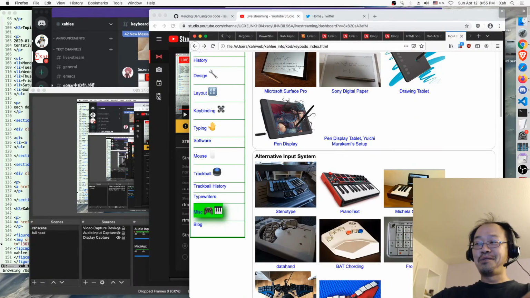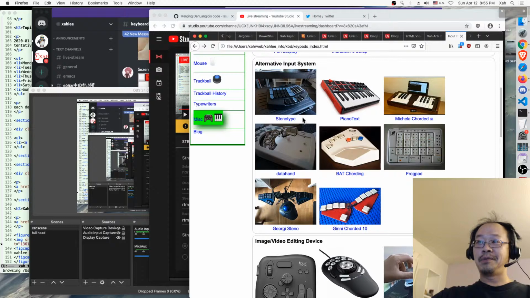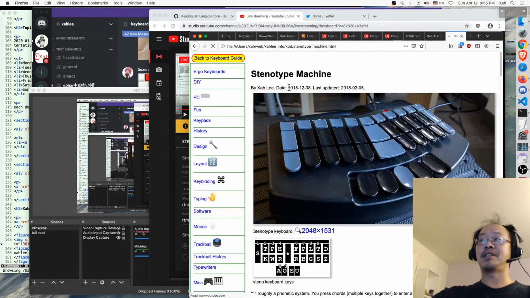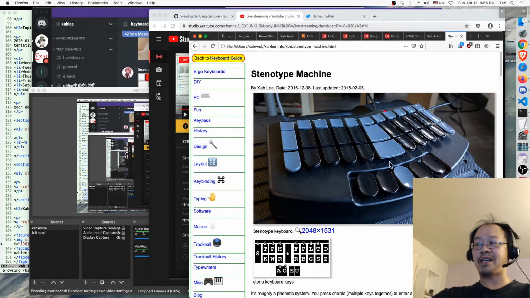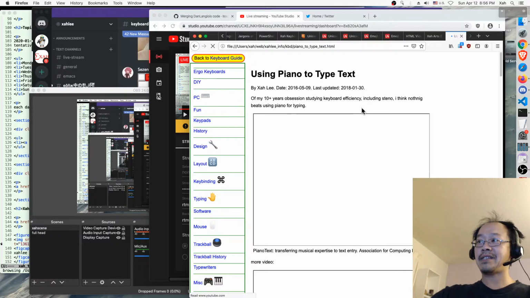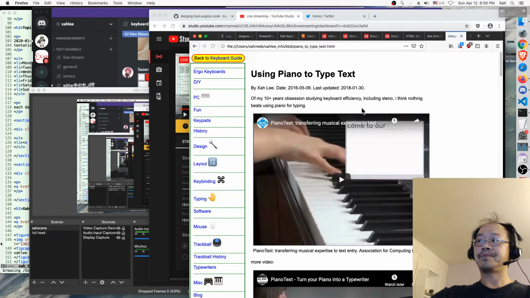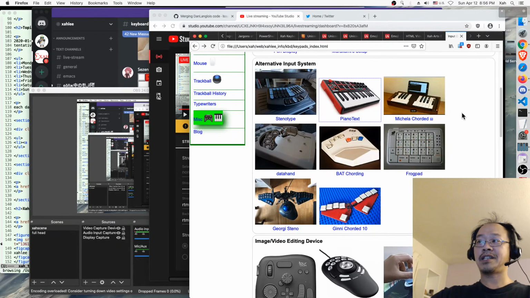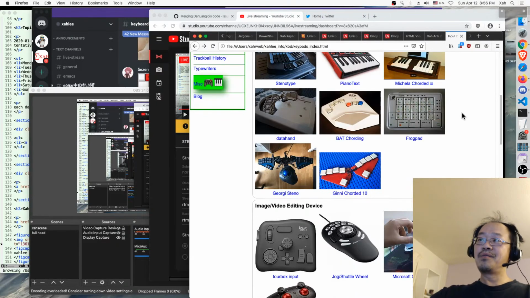Okay, so you want the real chorded keyboard. Okay, so steno machine. This is good and efficient. Yes, much faster than what you can do on a PC keyboard. Piano system, piano text and others, that's good. Or this Michela chorded keyboard. Then you have some